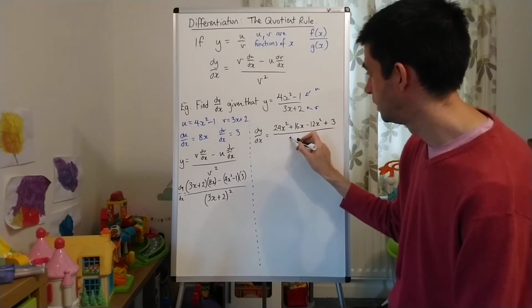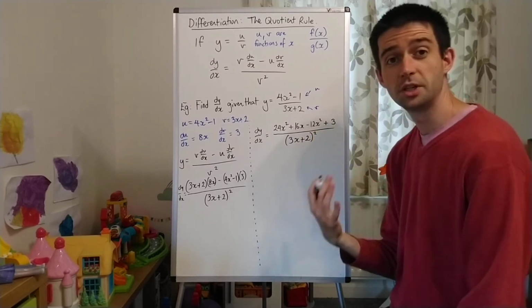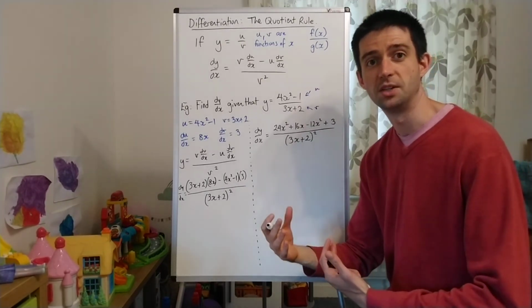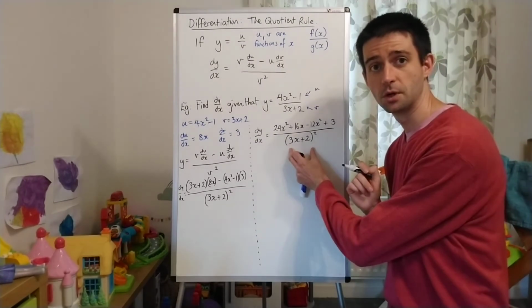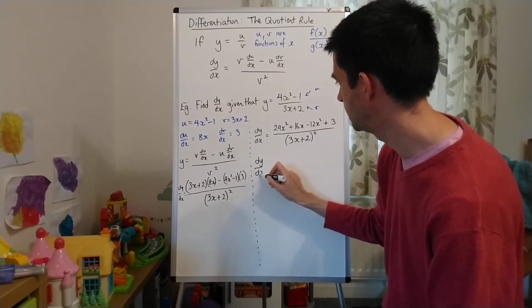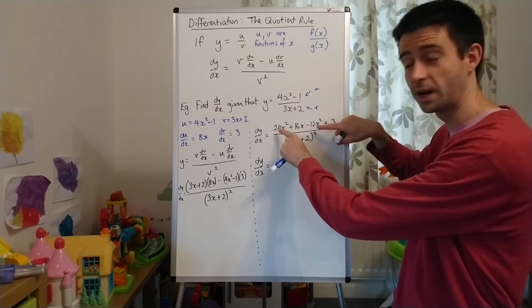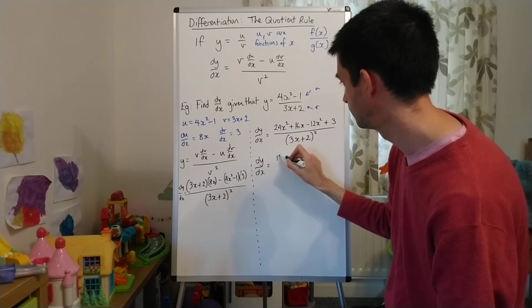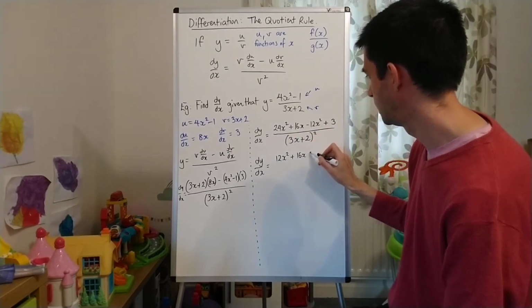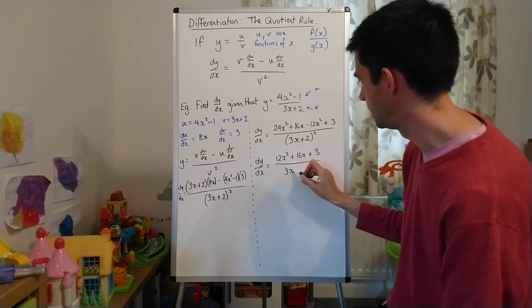And that is all over 3x plus 2 all squared. And I suggest not expanding out the denominator because sometimes it's possible to cancel a term on the numerator, so it helps to leave this in factorised form. Right, so just to tidy up on the numerator then, dy dx is going to be 12x squared, because I've got 24x squared, take away 12x squared, plus 16x plus 3, and that whole thing is over 3x plus 2